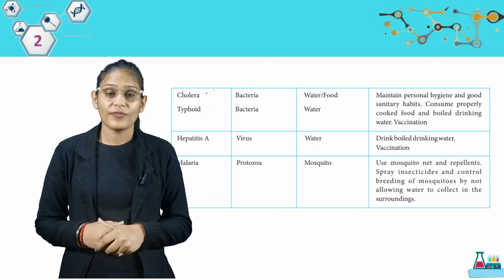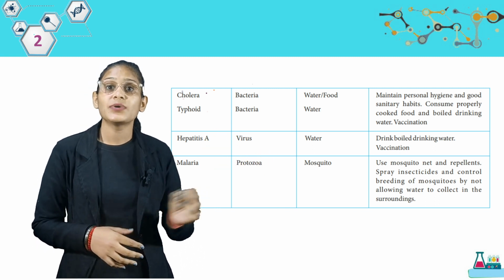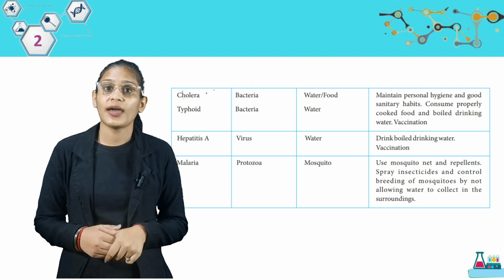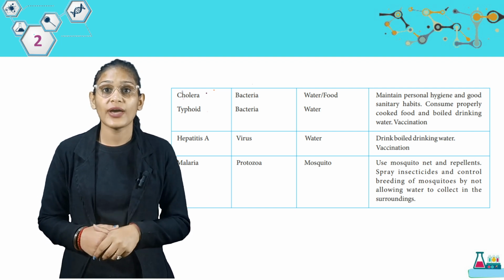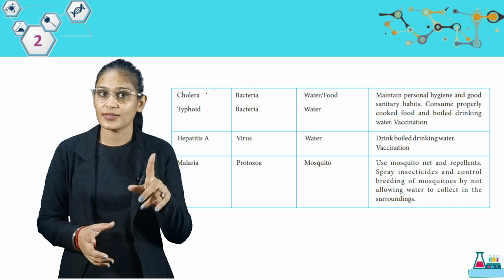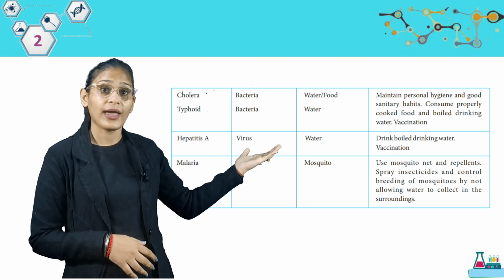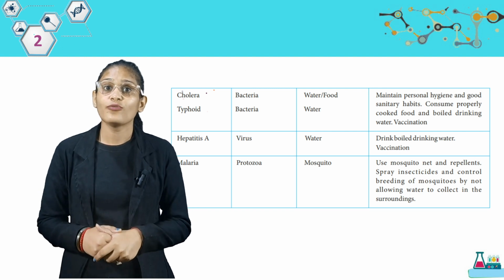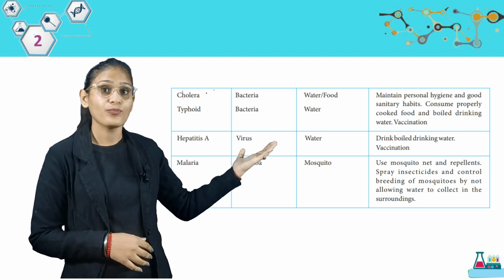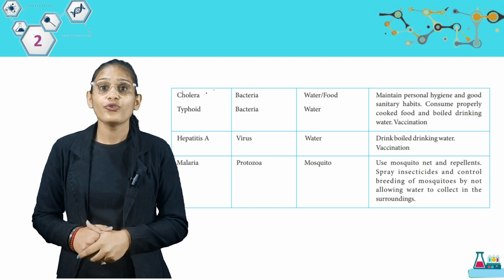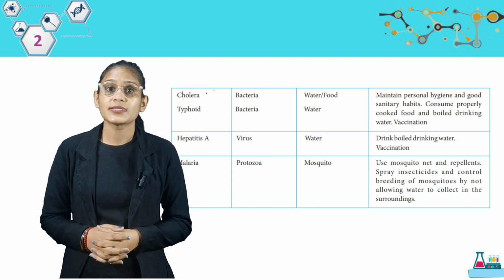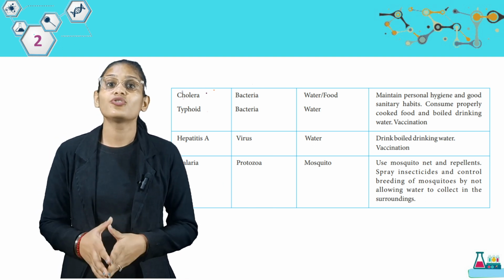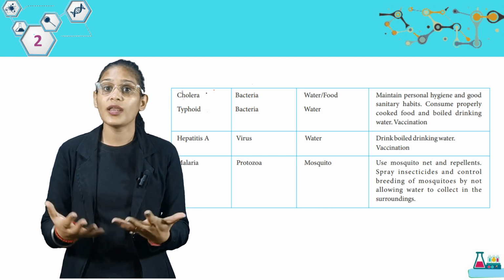And here are preventive measures. Maintain personal hygiene and good sanitary habits. Consume properly cooked food and boiled drinking water and vaccination. Now come to the next, we have hepatitis A, virus, water. Drink boiled drinking water, vaccination. Malaria, protozoa, mosquito. Use mosquito net and repellents, spray insecticides and control breeding of mosquitoes by not allowing water to